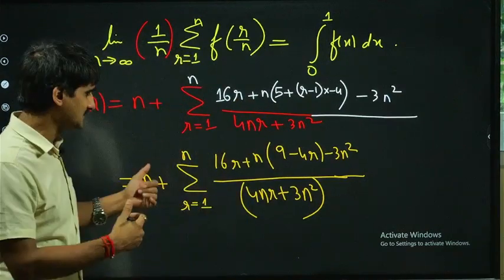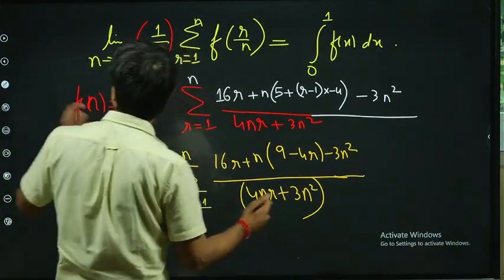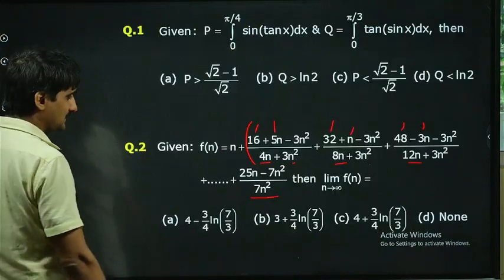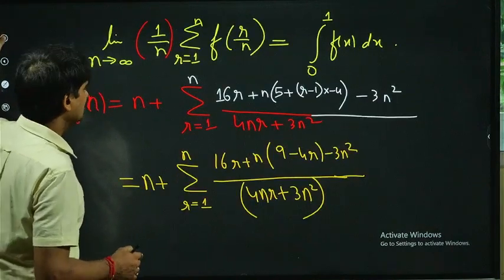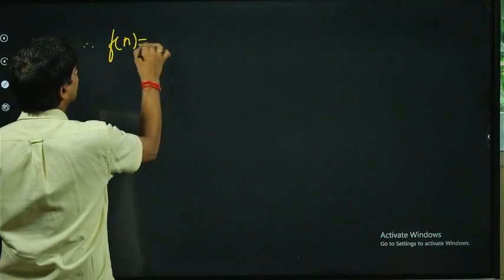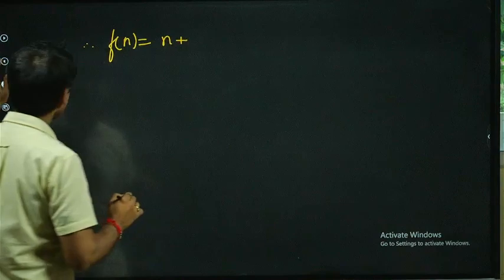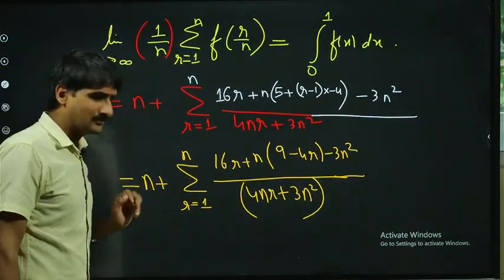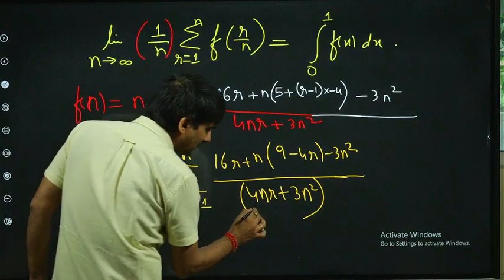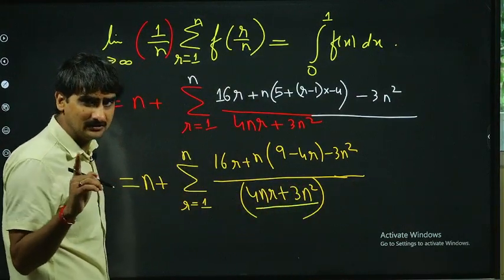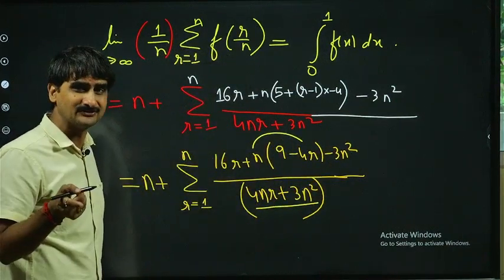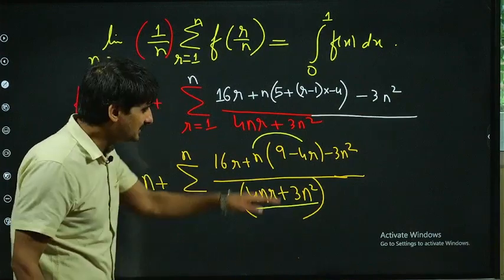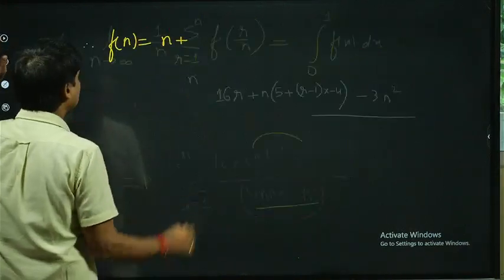General term means within summation. Now that's it. So now I have to simplify it, and don't forget I have to get the limit as n tends to infinity of f of n. Therefore I will write f of n is n plus. Now see, for me there's an observation: we have 4nr plus 3n square in the denominator, and 4nr and 3n square in the numerator also, and both are of the same sign in the numerator also. So I will break it as